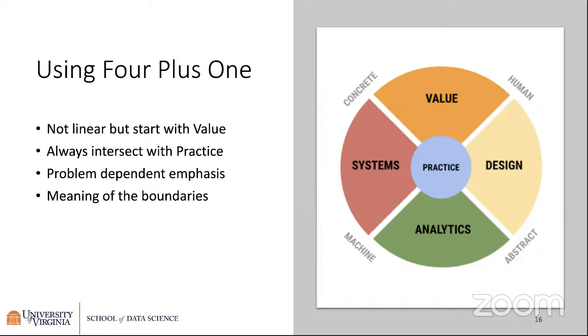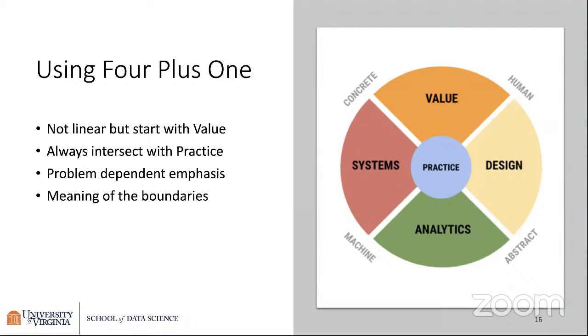This is about people talking to people, is what that intersection is about. Both of those areas are very much concerned about this human interaction, that's key to data science. On the other hand, if you look at the opposite side, systems and analytics, they're intersecting with the machine. They're very much focused on what the hardware and the software on that hardware are going to do for me. They're very focused on looking at the capabilities of those machines and how they're going to accomplish their tasks. Again, when I say machine, I mean that as well in the software parts that are on those machines.